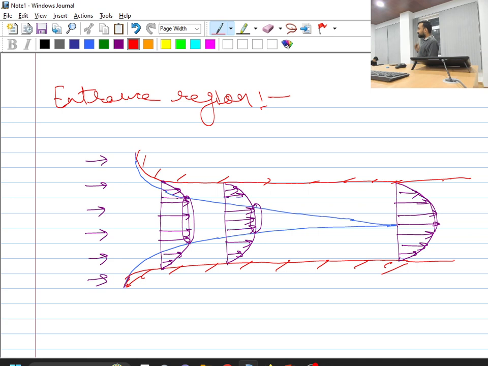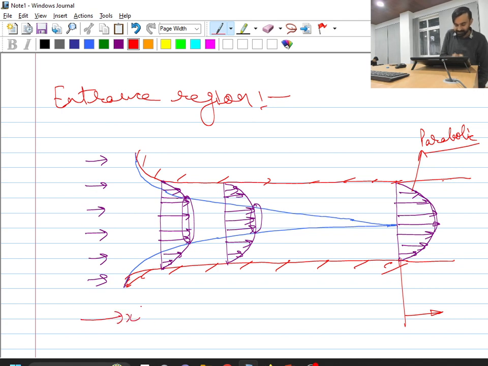Okay. And while we discussed the applications of the Navier-Stokes equation in the cylindrical coordinate system, we already saw that for pipe flow this velocity profile is nothing but having what type of nature? Parabolic nature for fully developed flow condition. So after this point, when my velocity field is not changing with x direction, if I consider this length to be my x direction,